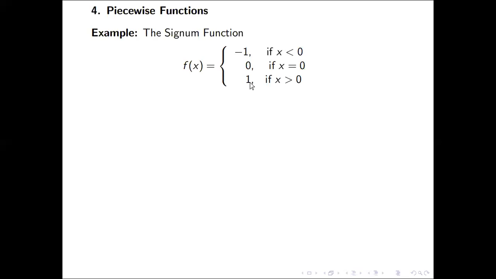So in a way, this tells us the sign of the real number. If the value of the signum function is -1, we know that the number is negative. If the value of the signum function is +1, we know that the real number is positive. If the value of the signum function is 0, we know that the value is 0. 0 is neither positive nor negative. And hence the name, the signum function.